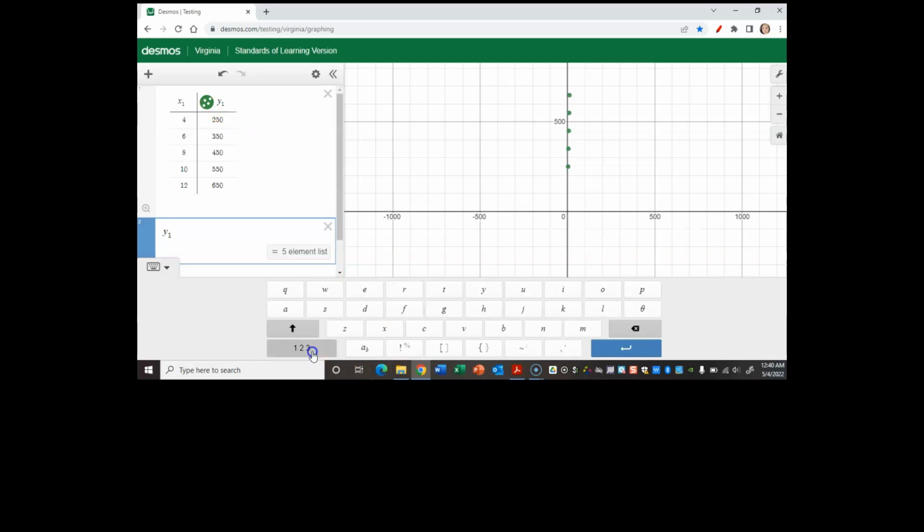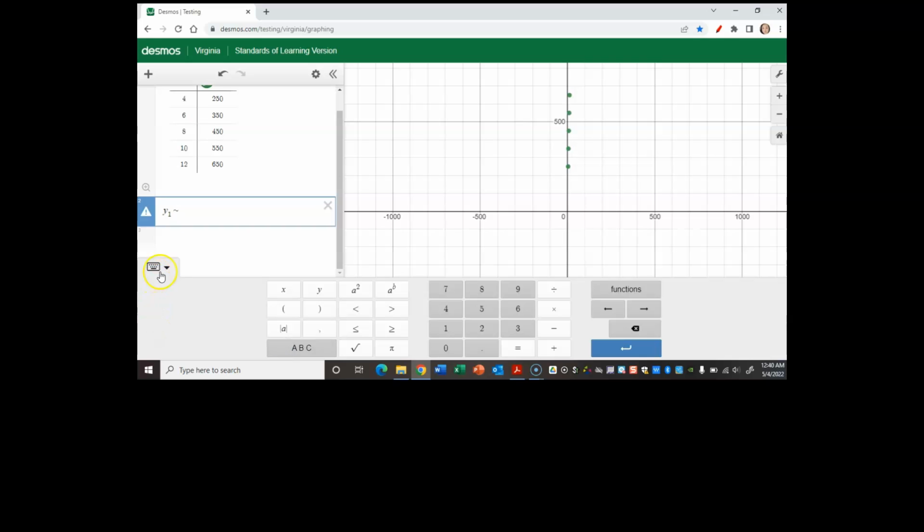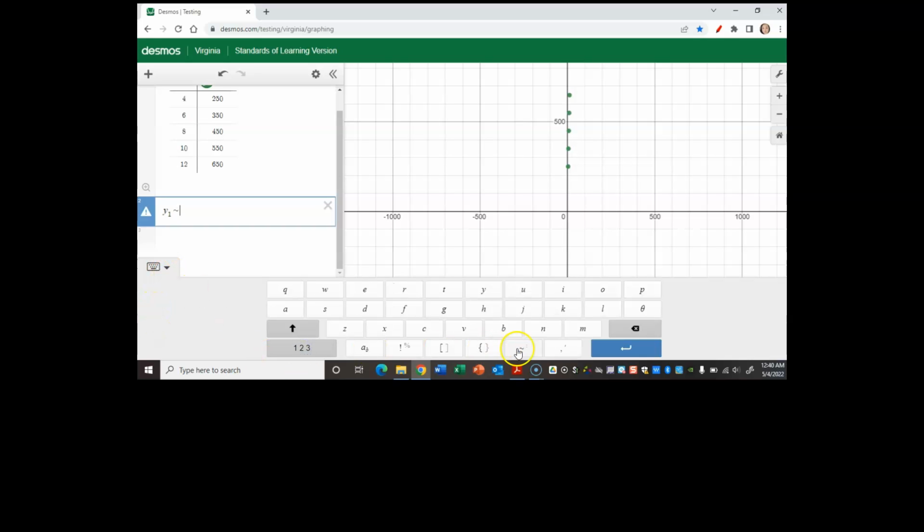And then we're going to click on ABC, or you can click on that curve. We call that a tilde. If you look at your computer keyboard, right on the top left there's the escape button, and right underneath there's this little curve-looking thing. That is the tilde, which means about. You can do shift and that curve, or you can open the keypad here on Desmos, click ABC, and the curve is right there. We use that because it's an estimation. It means about or similar, okay? And then we're going to type